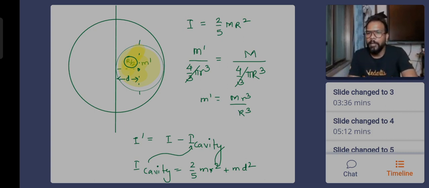ओके नेक्स्ट, सादिक इरफान, आर यू देयर? हाँ सादिक, चल एकदम बढ़िया।